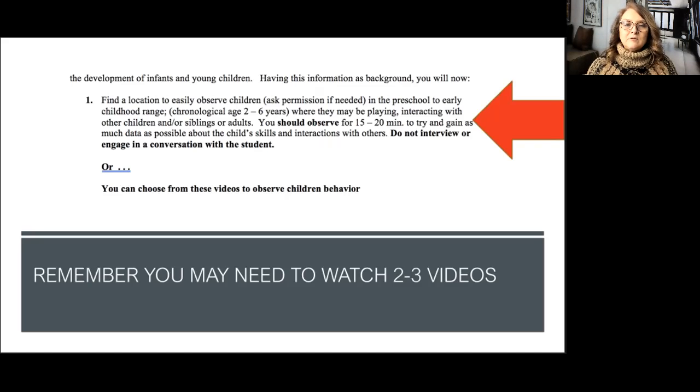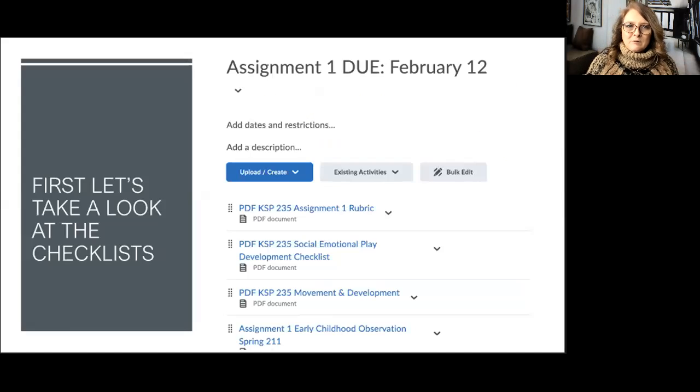And you need to use the checklist. Somebody asked, what about those checklists? What do I do with them? If you go into D2L, this is a screenshot of what you would find. You will find the social emotional play development checklist. You will also find the movement and development checklist. You don't need to fill out the whole thing. You just need to check what you see that's relevant to the observation and the child or children